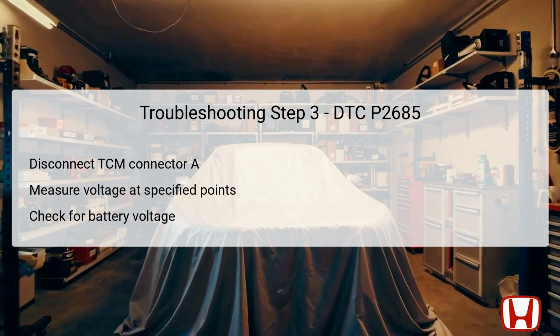If battery voltage is present at the specified test points, it indicates that the VB3 plus B TCU3 wire is functioning correctly. At this point, the technician may further consult authorized service information related to the DTC, or consider substituting a known good TCM. If substituting resolves the issue, the original TCM should be replaced, as it is likely malfunctioning. Conversely, if no battery voltage is detected, repairing the identified open in the VB3 plus B TCU3 wire will be